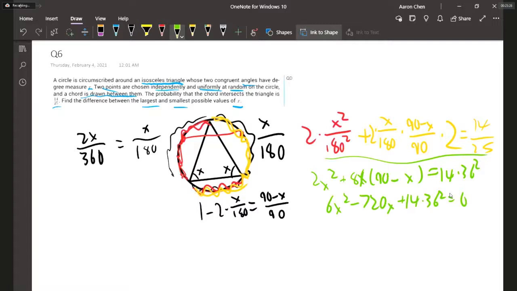And now you can divide both sides by 6, and what that gives you is x squared minus 120x plus 14 times 6 cubed is equal to 0. And so now we can list out ways to factor this such that the sum is 120. So 14 times 216,